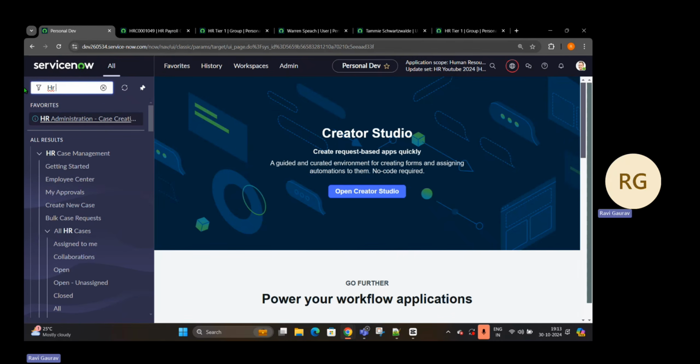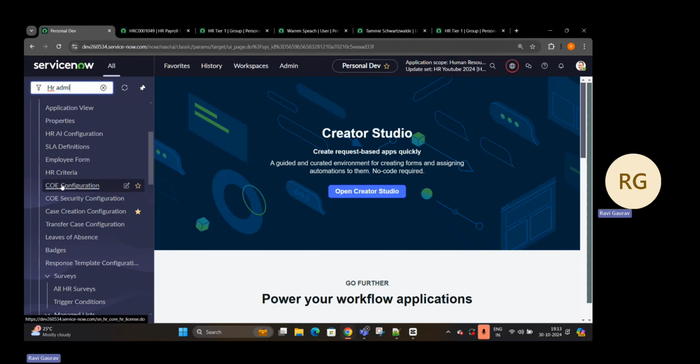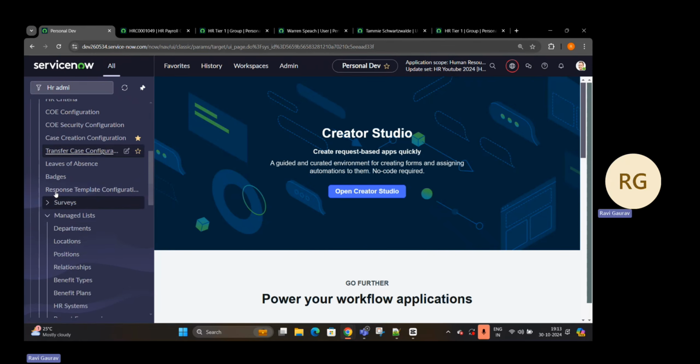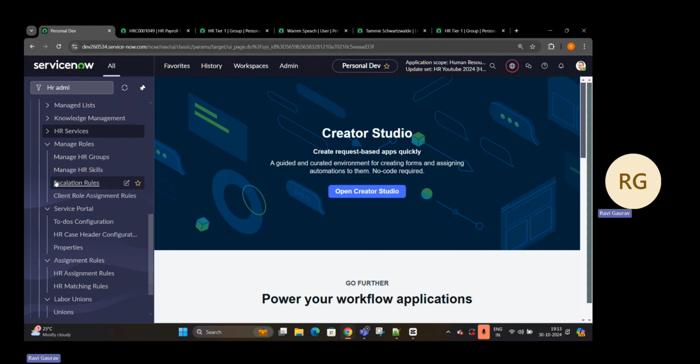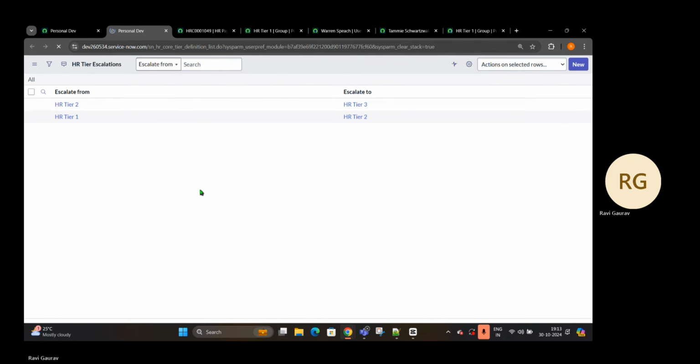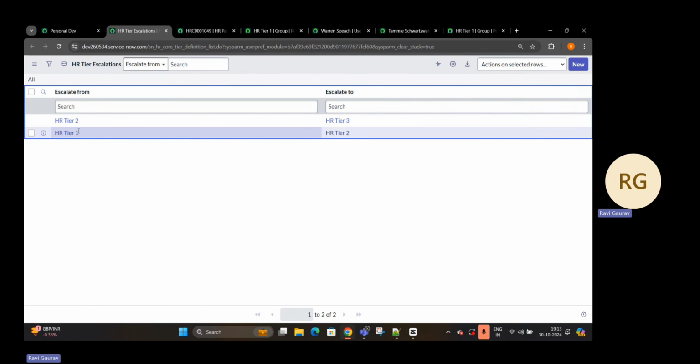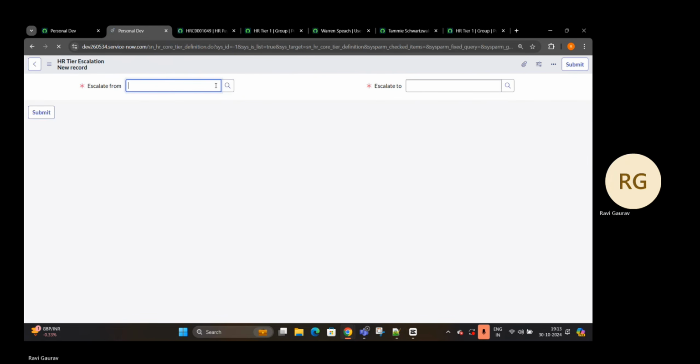All are under HR administration. So if I type here HR administration, not this, not knowledge, not HR service, escalate rules. Open it. And now HR1 will be escalated to HR2, HR2 will be escalated to HR3. It means that you can create your own rule. So HR3,